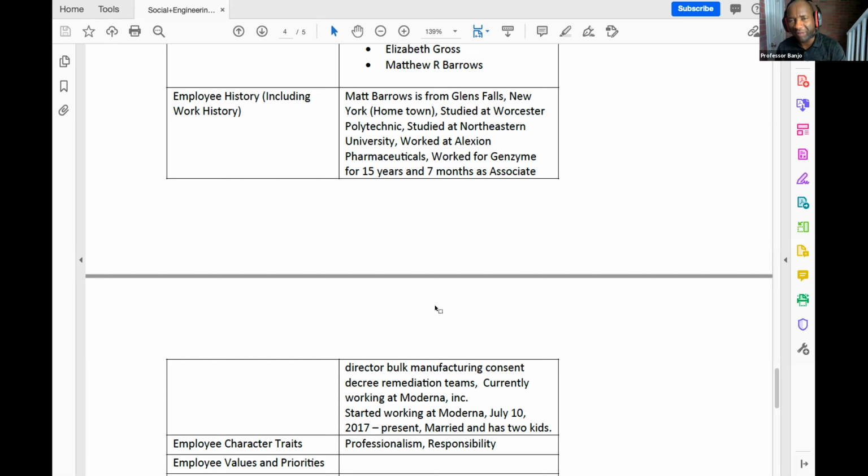Based on the information you have found, you come up with an attack. I'm not saying we're going to actually do anything, but you're going to come up with a potential attack based on the information you found. And then we're going to discuss it in class. I'm not saying you're going to send an email, no. But you're going to craft something based on everything you found. You just come up with your own idea.